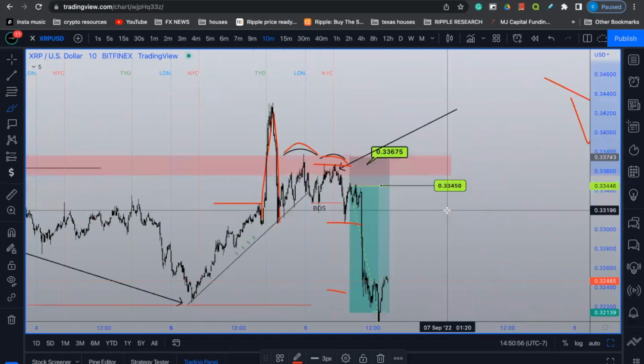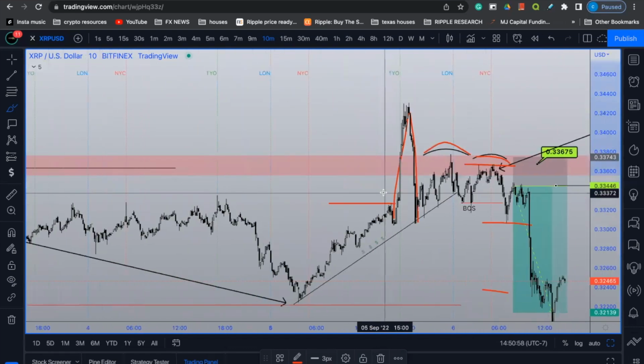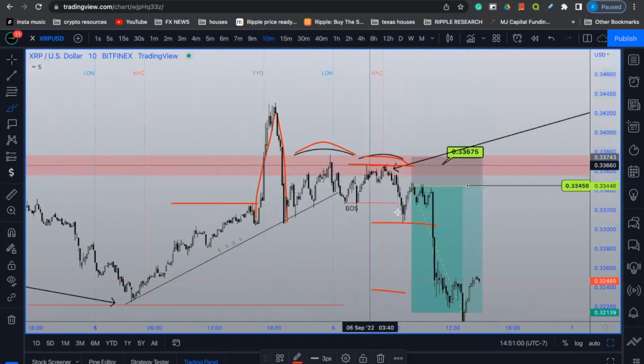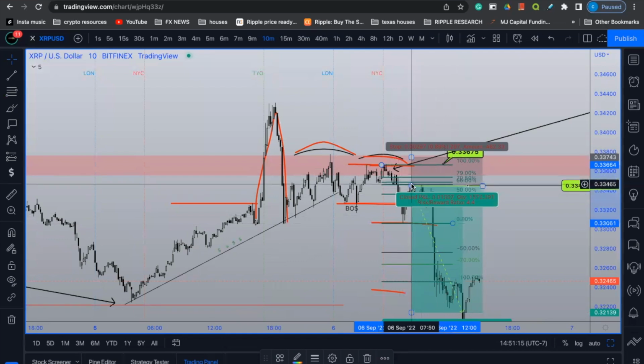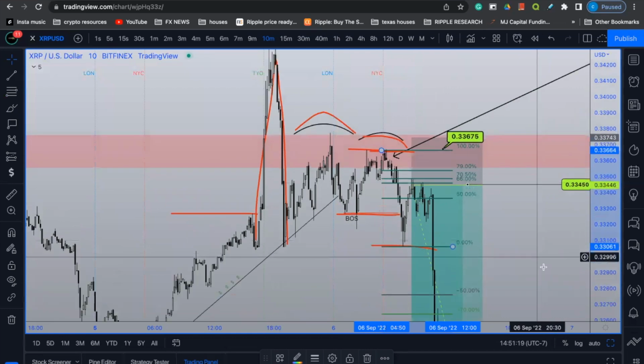Now, with that being said, like I mentioned, we took our Fibonacci from this high down to the low that broke this previous market structure. So we'll go ahead and click our Fibonacci tool, taking it from the high down to the low and extending that over. You guys can see that our entry point was roughly at around 70% retracement in the form of premium to add to our overall order.